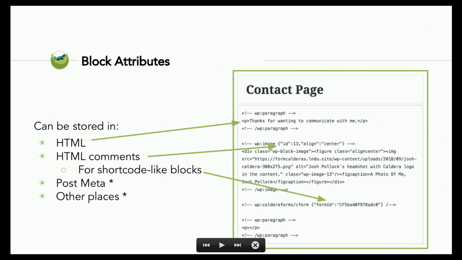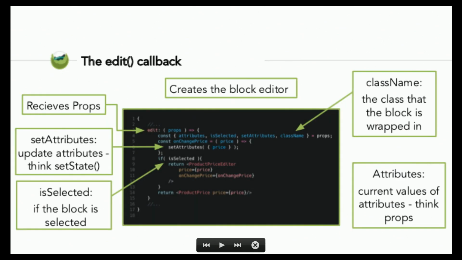Sometimes we do need additional attributes. So an image block uses the image source for the image source. But there are a few attributes at the top there that you see that don't make sense in the DOM. So those are put into the comments. And then this third one here, that's actually one of our blocks. That's a contact form block. That's something that we already had a PHP render function for the shortcode. We were able to port that right over by just having the block choose which form, and then that's available to the server side to feed to the exact same function that we always used.